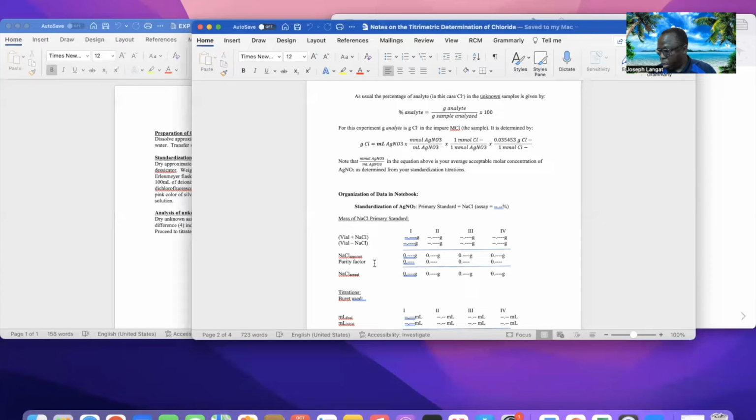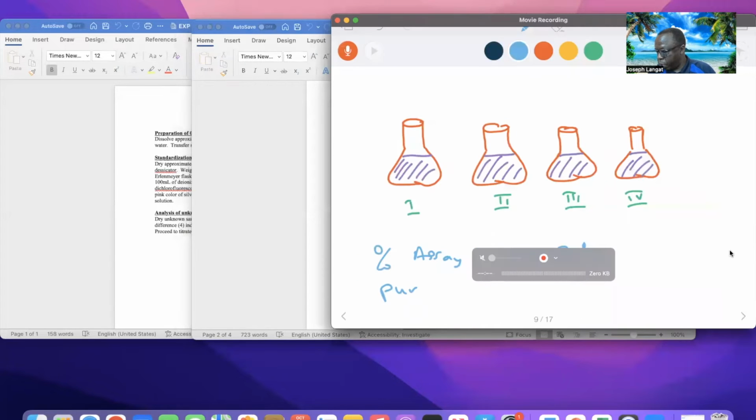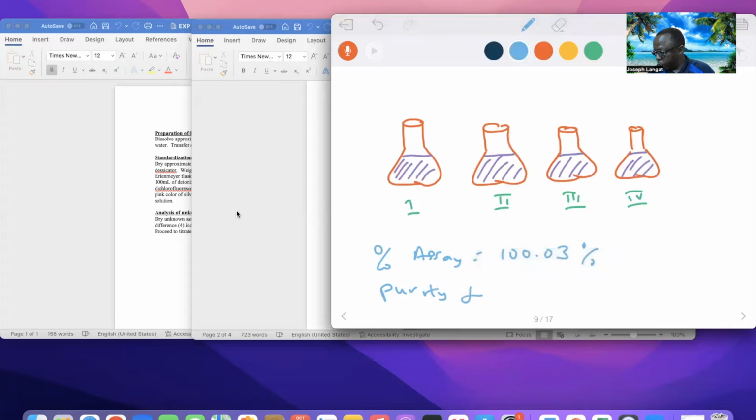Okay, purity factor is 1.0003. This is the purity factor you need to put in your lab notebook